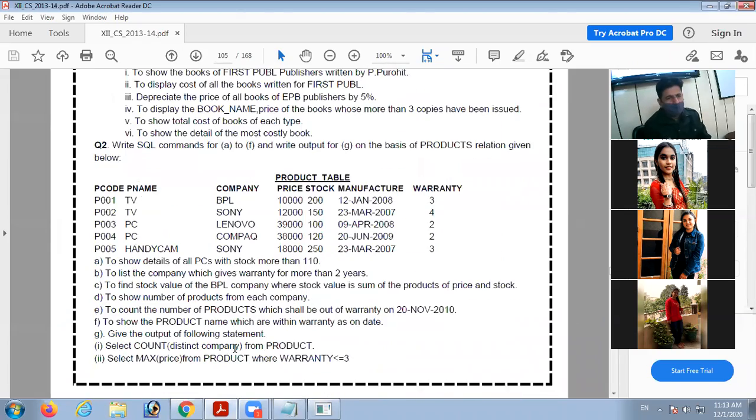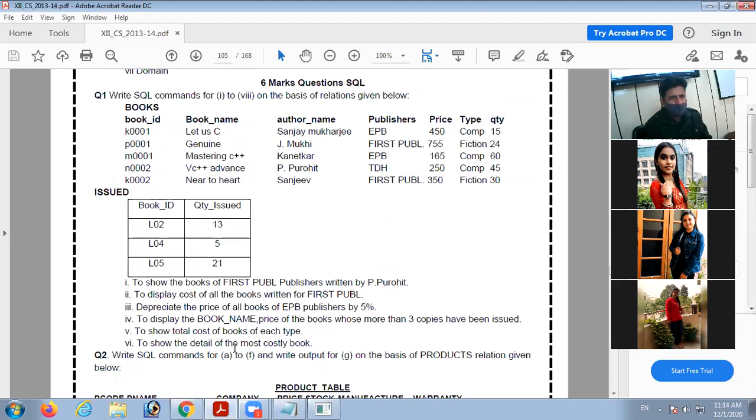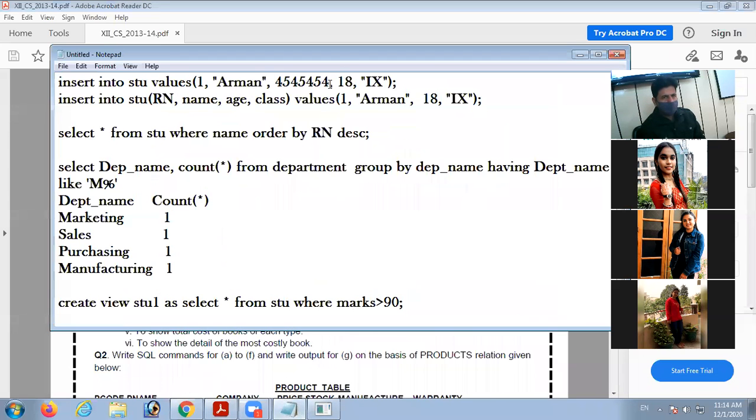So now I'm going to discuss one question from a CBSE paper. Okay, students, look at here. Here, two tables are given. You will have to write down the query. Show the books of first publication written by the author whose name is given there. So look at here. Query will be